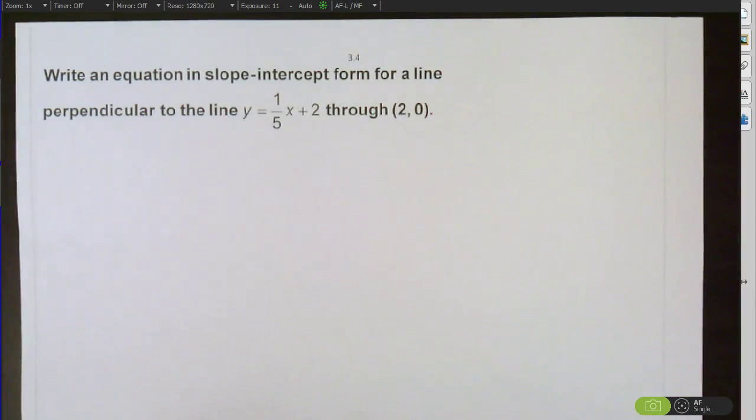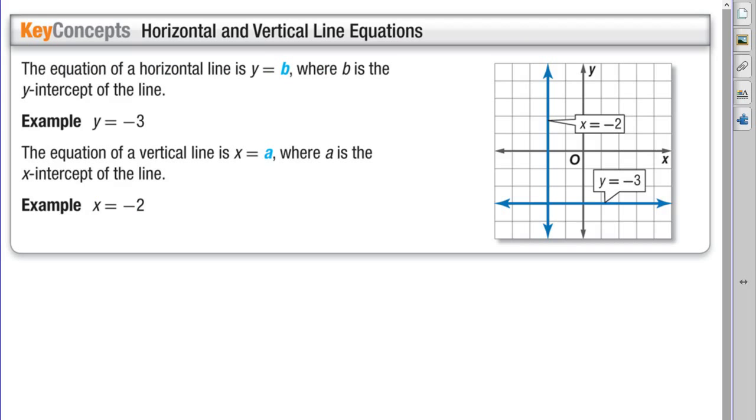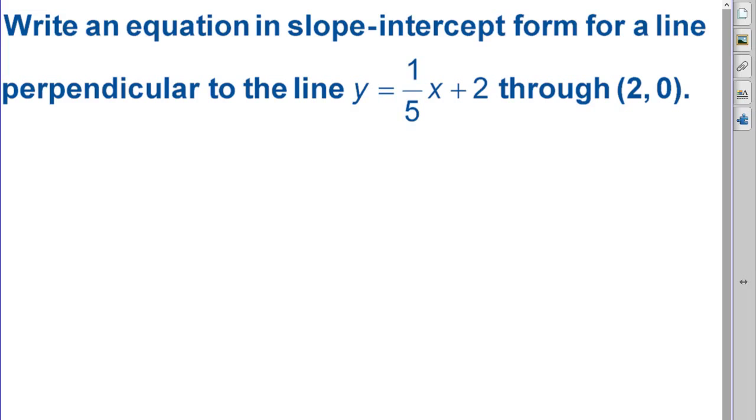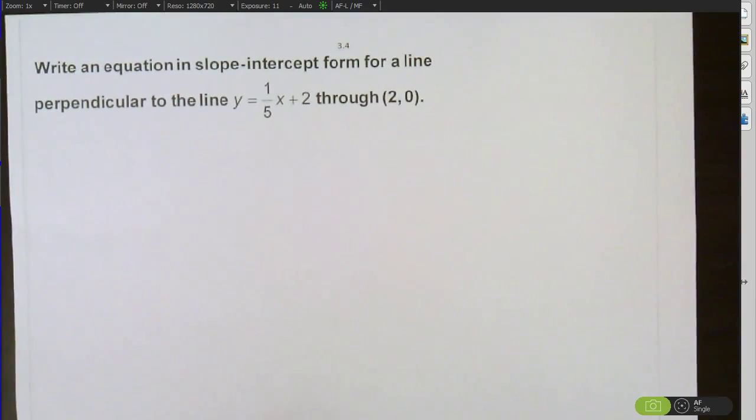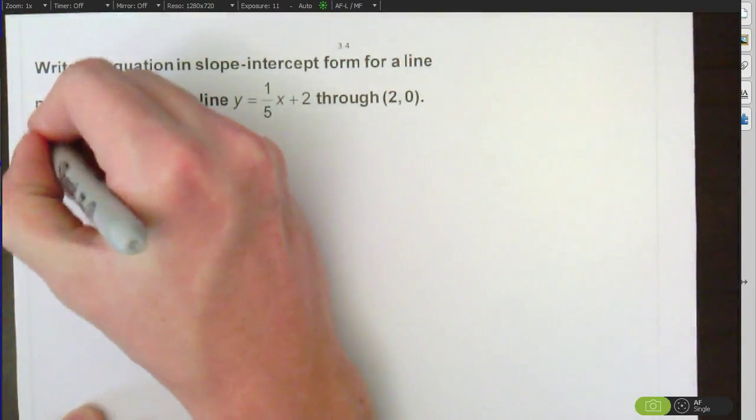Okay. All right, now, not the last thing here, but some of the last bits of this section. Okay, make sure I haven't skipped anything in my video. Yeah, so write an equation in slope-intercept form for a line perpendicular to the line y equals 1/5 x plus 2 through the point 2, 0. Okay. So again, in order to find the equation of a line, the first thing I have to do is find